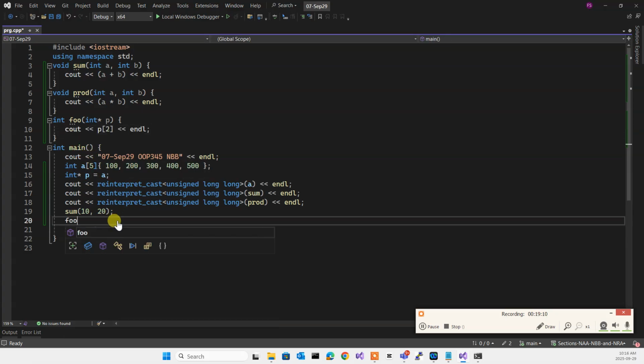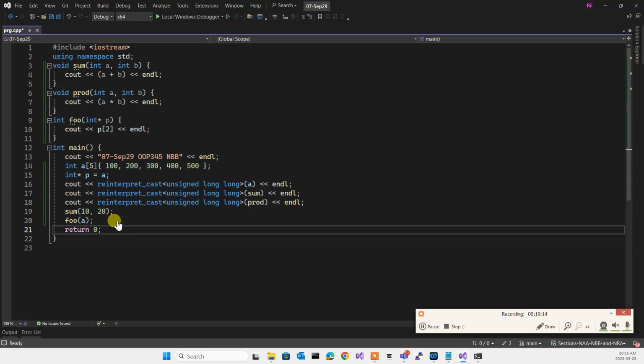And you can say foo A. This is essentially the exact same thing. I am passing the address of the beginning of the array into P. Now P is pointing to those 5 integers. Therefore, P[2] is